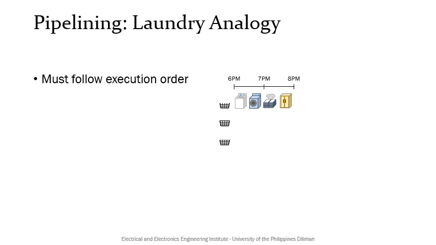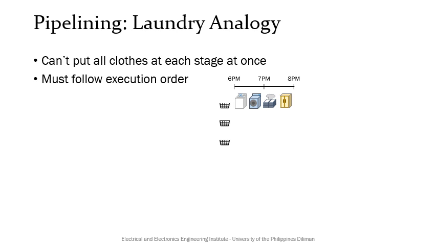Now, if we have 2 more sets of clothes to wash, can we process them all at the same time and still expect to finish by 8 p.m.? Well, it depends on the capacity of our washing machine, and it also means you should be able to fold 200% more clothes in the same 30 minutes. Again, this does not make much sense, and we will also assume that each basket is the maximum capacity of the machine. Thus, we can put all clothes at each stage at once.